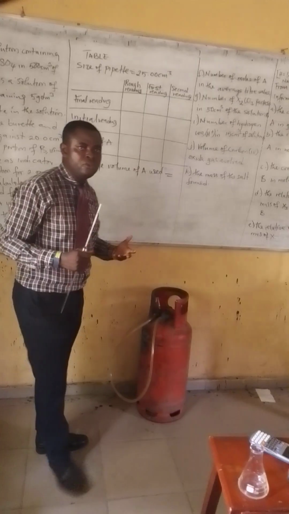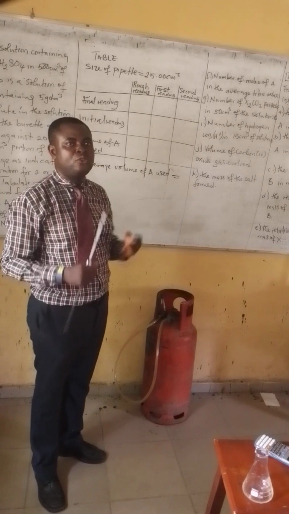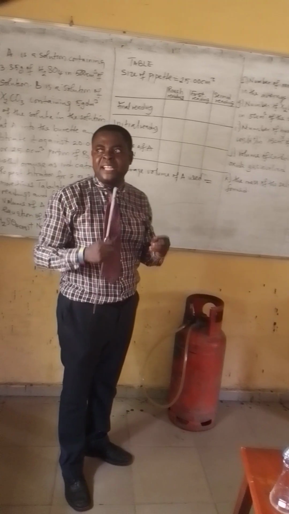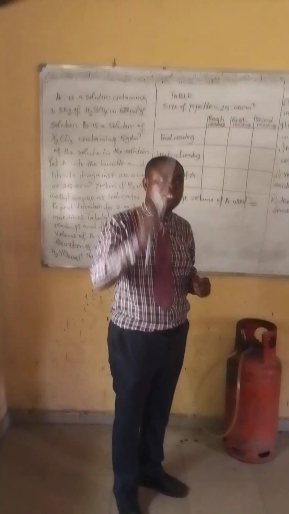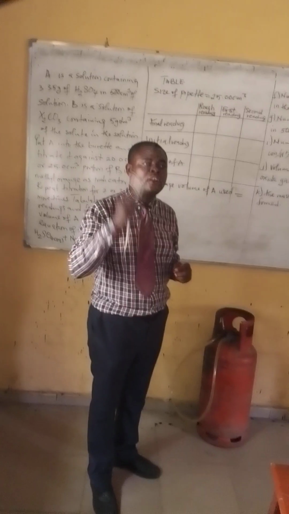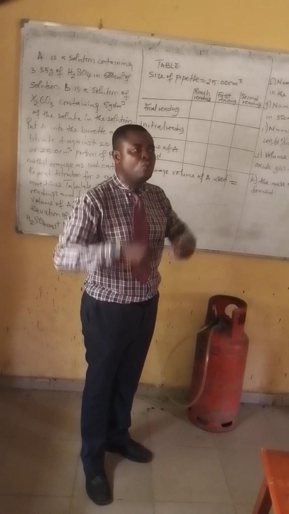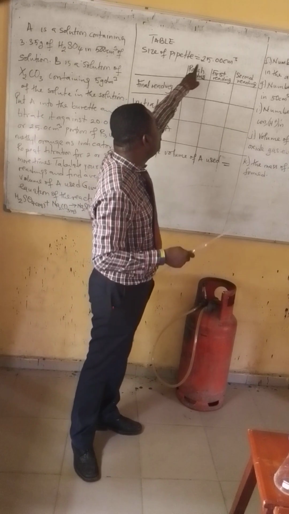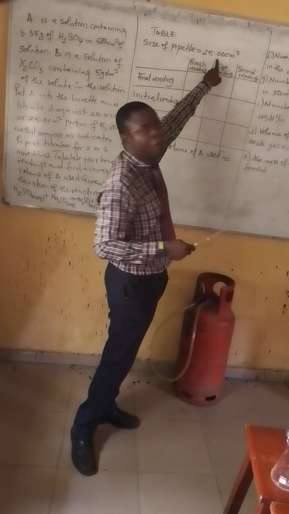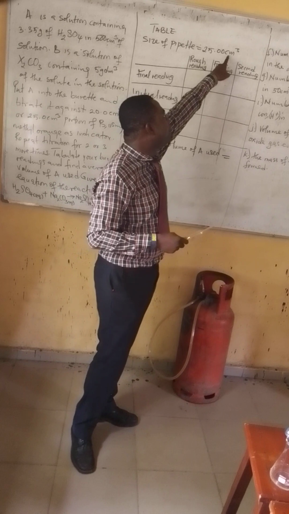He will be confused because there are 2 marking schemes: one for the pipette of 20 cm3, and another for the pipette of 25 cm3. So you will not know the marking scheme to use. So it becomes very important to put 25.00, and it must be in 2 decimal places, and you must put